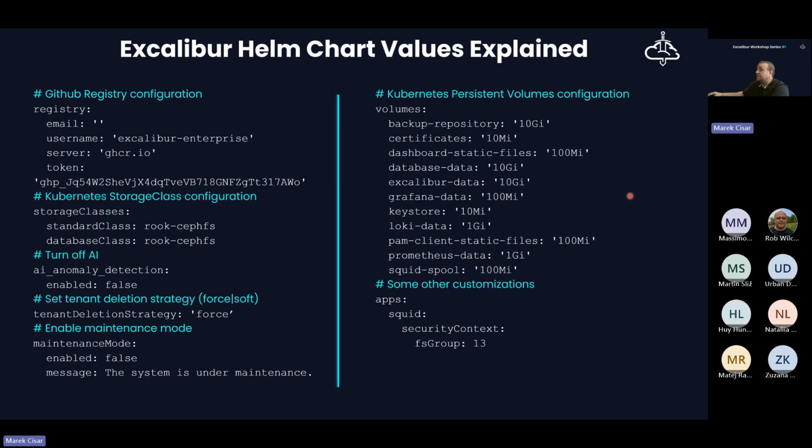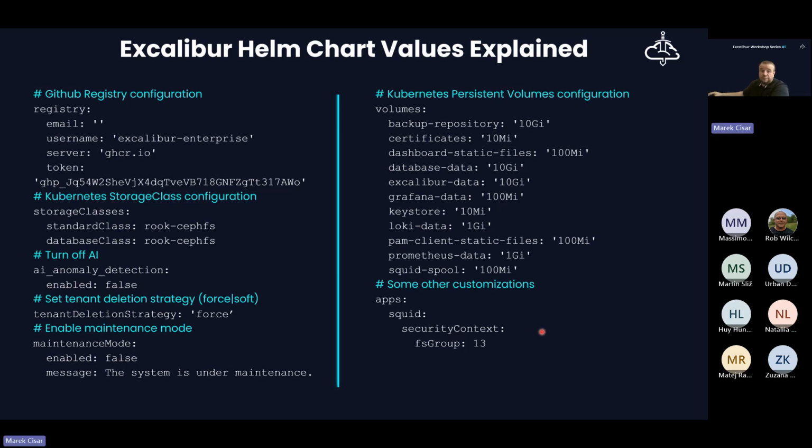A typical use case is, for example, for the database data, you can specify how big you want your database storage to be. And also regarding the PAM session recordings and transferred data within those sessions. So if 10 gigs is absolutely enough, okay. If you want more, you can change the number as needed.